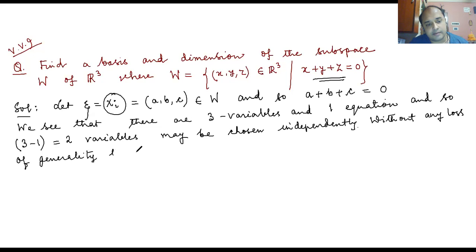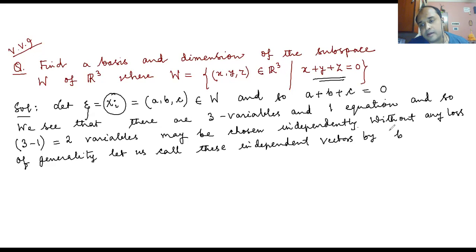Let us call these independent variables B and C. You could have chosen A and B, or you could have chosen A and C, but that thing is not important. Which pair will be chosen as independent is not important. Important is how many will be independent. So the answer is two. Two variables will be having independent choices, and therefore,